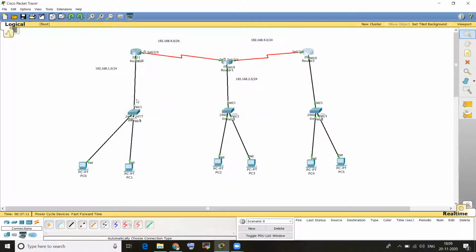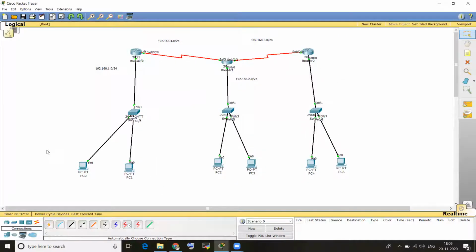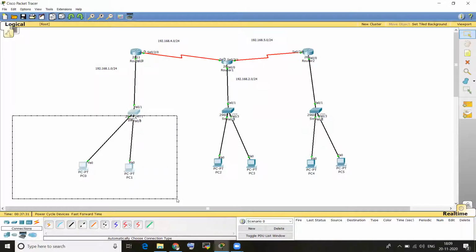Now you have assigned IP addresses for the 3 routers. Now we have to assign IP addresses for the PCs also. You can assign IP addresses for PCs from the router, or otherwise directly from the PCs. This is a static IP address. For now, for the first 2 PCs, I am assigning IP addresses in static mode.